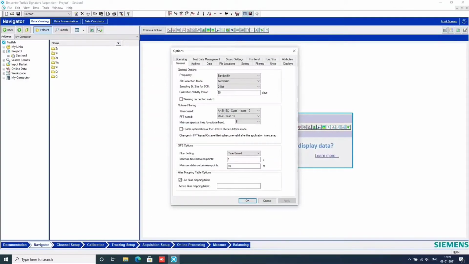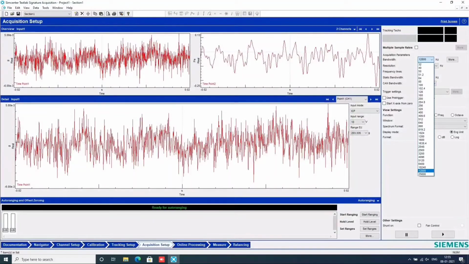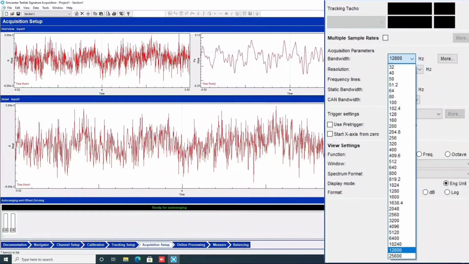Once the bit rate is set, the next obvious thing is to set up the frequency bandwidth, or the highest frequency that you would like to acquire, assuming the lowest frequency is 0, up to whatever frequency you would like to acquire for a particular acquisition. In this pop-up menu, you see there are a lot of choices to select from.